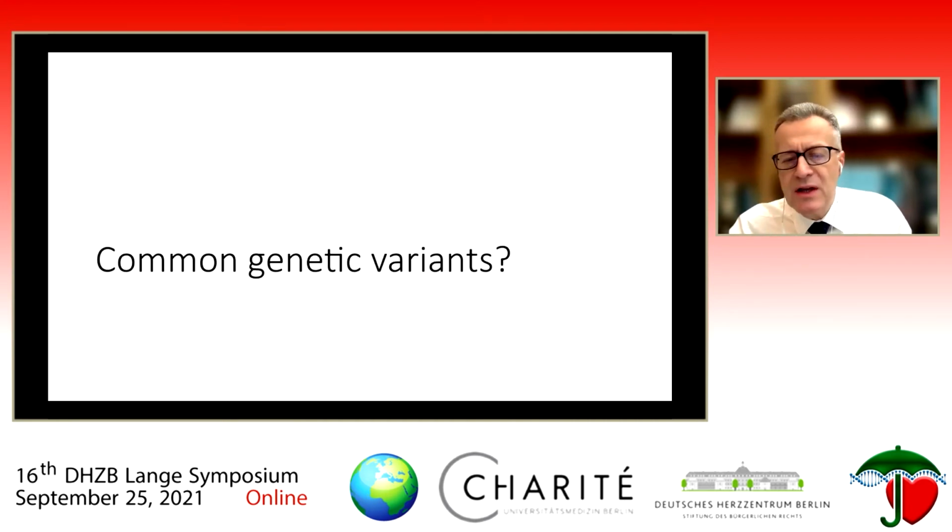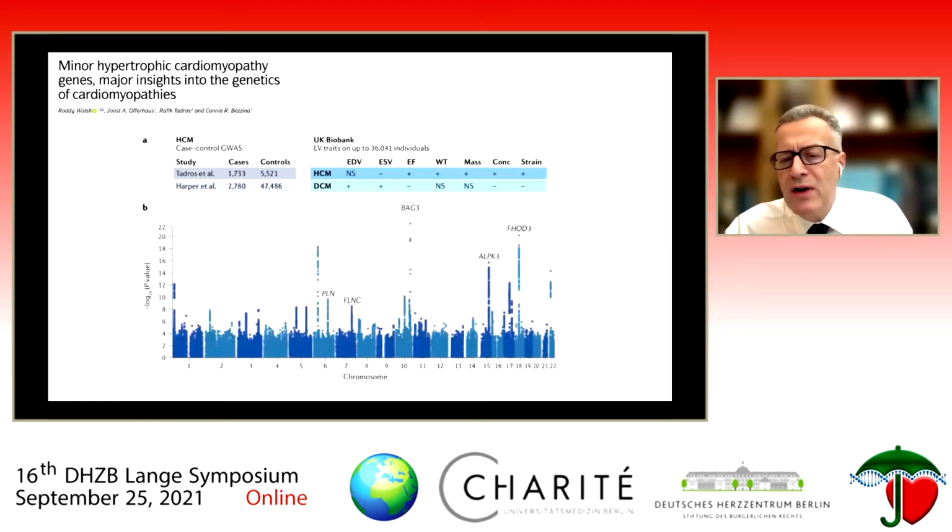A theme which I think is now developing is the interaction between rare variants, which is what I've been describing to date, and common variants within the population, which, although they have a small effect on a phenotype, are much more common, so at population level exert quite a large effect. And we have a large number of GWAS studies now coming through in heart muscle disease and heart failure more generally. Here in this nice summary from Connie Bezzina and her team, you can see the results of large GWAS